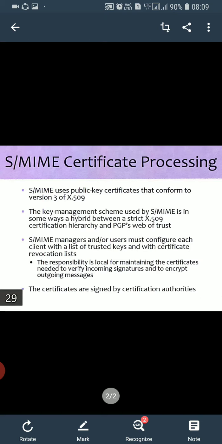Before SMIME can be used for a number of applications, one must obtain and install an individual certificate either from one's in-house certificate authority or from a public certificate authority. The accepted best practice is to use separate associated certificates for signature and for encryption. This permits the encryption key without compromise to the non-repudiation property of the signature key.